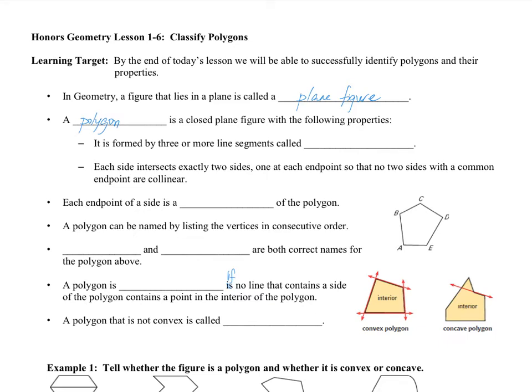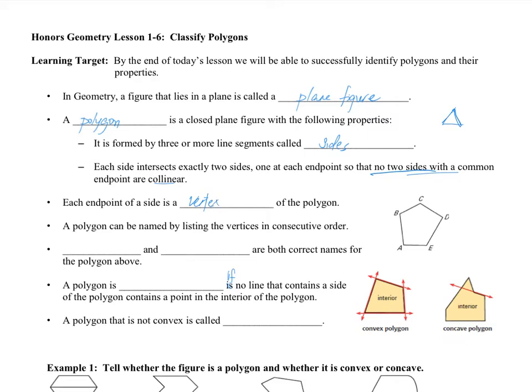Number one, it is formed by 3 or more line segments called sides. Each side intersects exactly 2 sides, one at each endpoint, so that no 2 sides with a common endpoint are collinear. So this means that if you have a triangle, no 2 sides with a common endpoint are collinear. Each endpoint of a side is a vertex